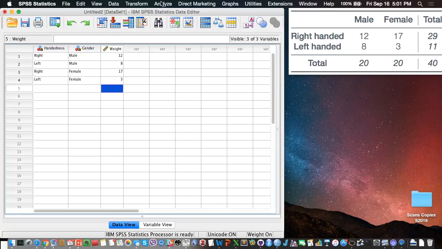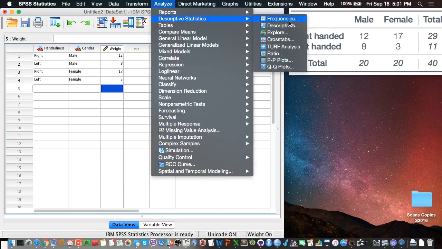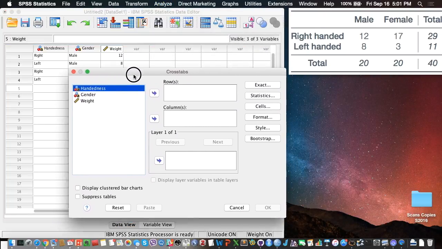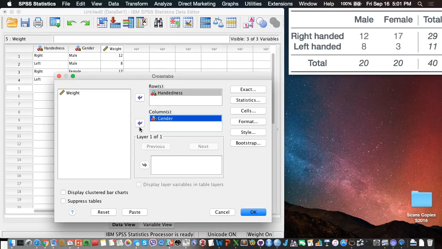So we'll use essentially the same menu as before. So let's click on Analyze, Descriptive Statistics, Crosstabs. Let's click here. Okay, so we have here rows and columns. It doesn't really matter which one we put in rows and which one we put in columns, but we have these two variables that we want to cross tabulate. And the weight, we leave that alone because the cases are already weighted here. We're going to click on Statistics,